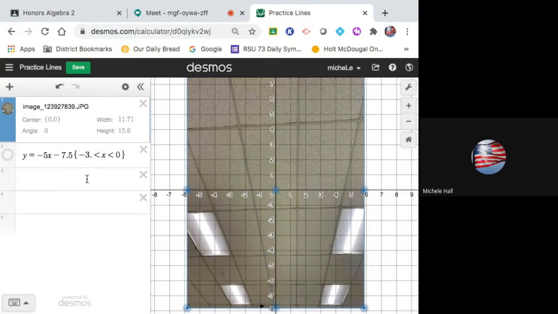I just started by saying, okay, I want to do this line, so I'm going to look at the slope first. One thing that you should know about slope is that when you're at a 45-degree angle line in quadrant 1, that's slope 1. So if I'm in quadrant 2 and I'm looking for the 45-degree angle line, that would be a slope of negative 1. So it's good to be able to gauge from 1,